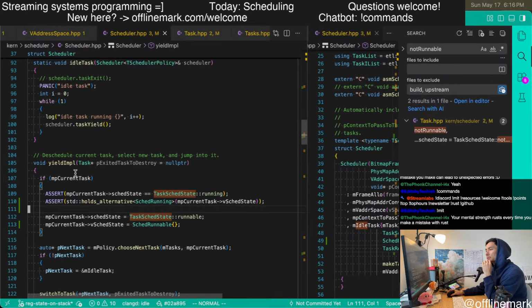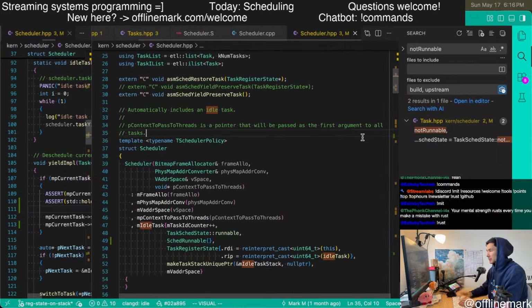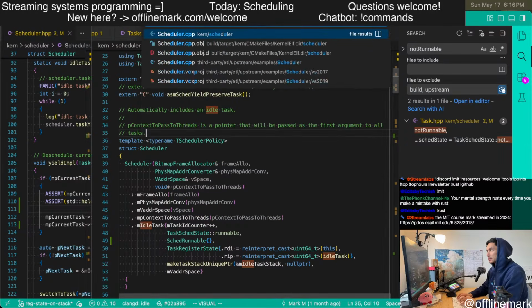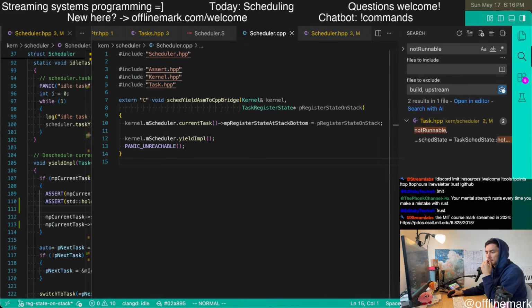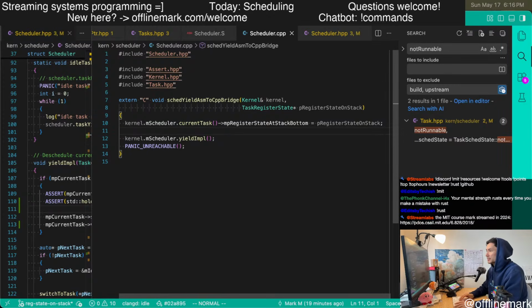So yield impl runs after .cpp. Here. So we actually want to check this here.